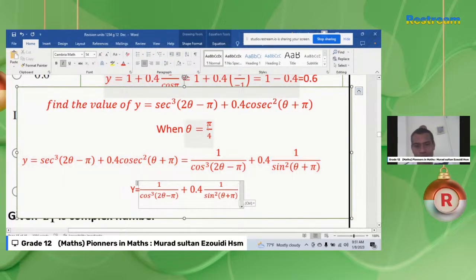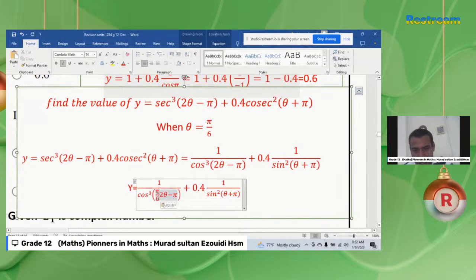So you can see that this is pi over 4 multiplied by 2 will give me pi over 2. Let's suppose this is pi over 6, so it will be possible. Therefore, I will make 2 times pi over 6. It gives pi over 3, because 2 pi divided by 6 is pi over 3, with all, minus pi,